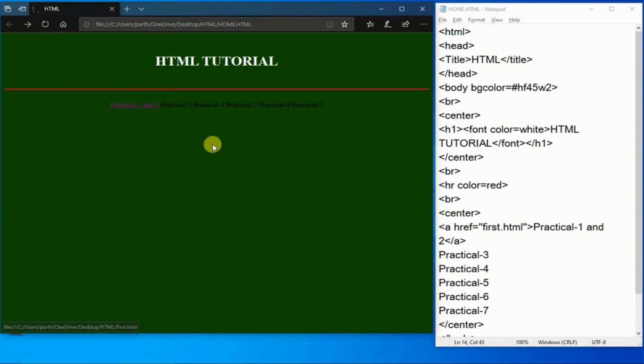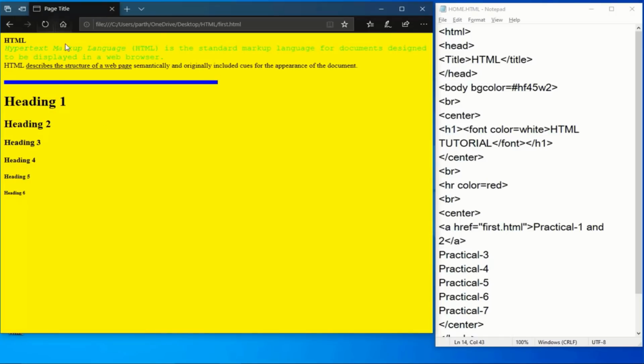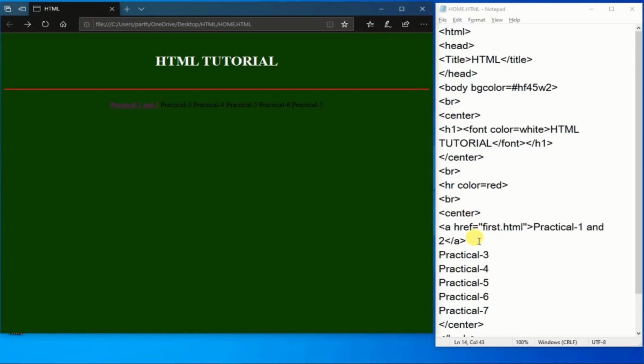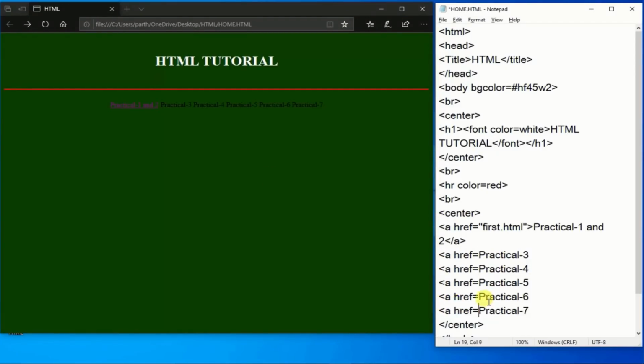Save the file and refresh the browser. And see, practical 1 and 2 are enabled with hyperlinks. Now click on that link. It will open that particular practical 1 web page. Do the same for the rest of the items.